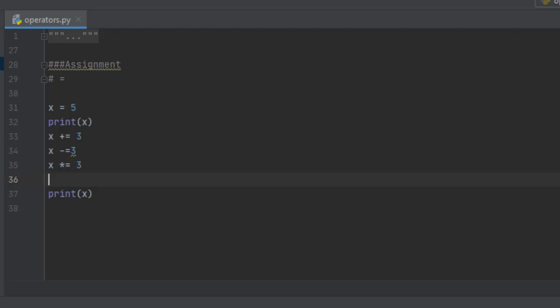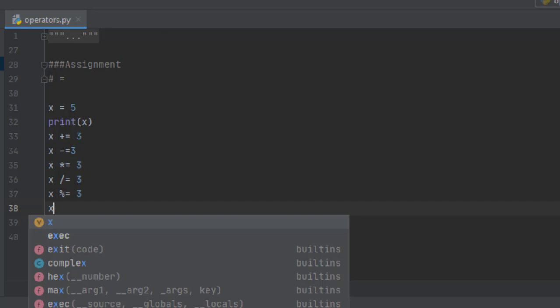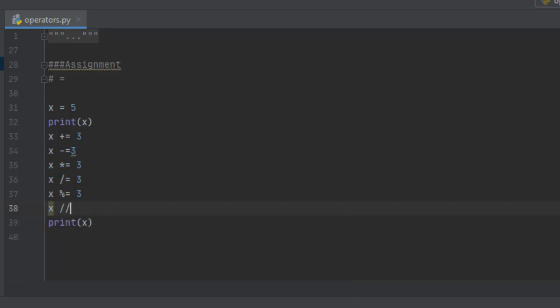Okay, I hope you are clear with this. So it is same for all the operators. x percent equal to 3, x floor division equal to 3, or x power equal to 3. It is simply same.